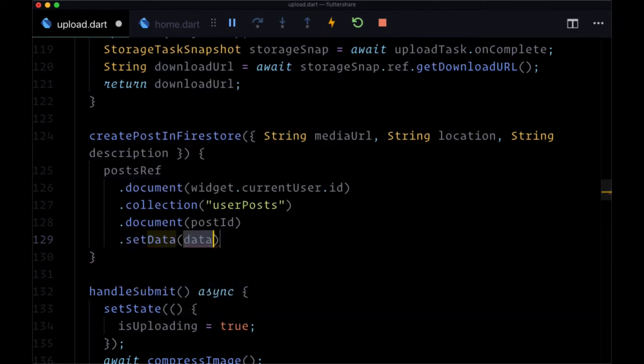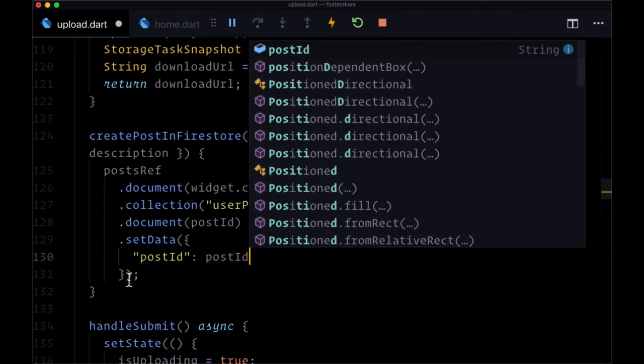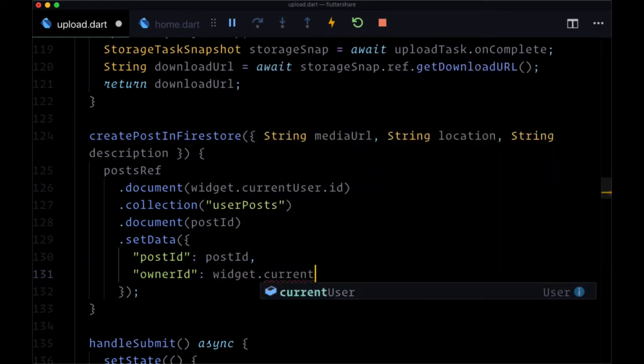Then we'll use setData to use our custom ID, and for the map that we'll put on our document, we'll first add a post ID directly on as one of our fields, then an owner ID with the current user's ID once again,